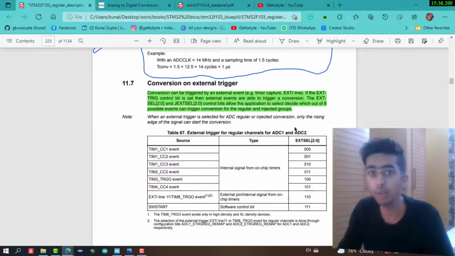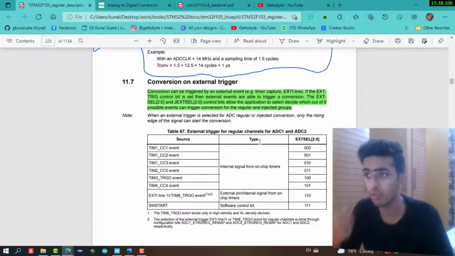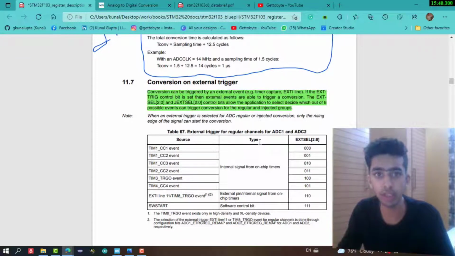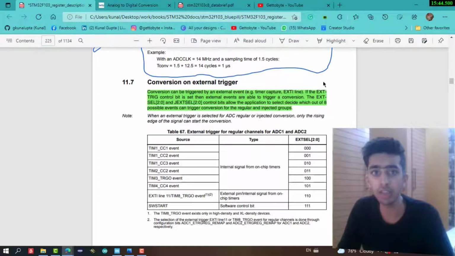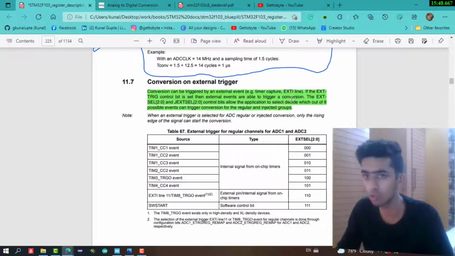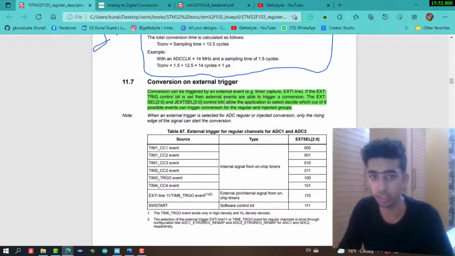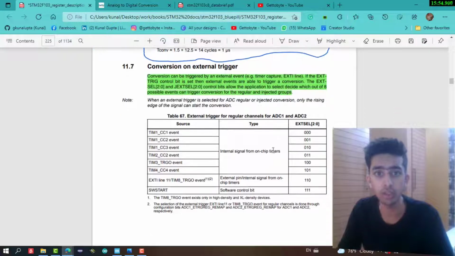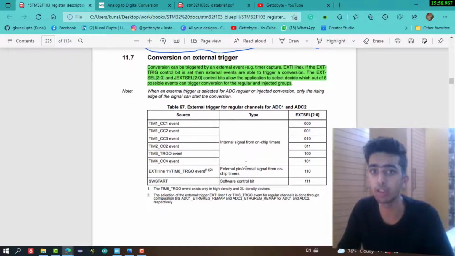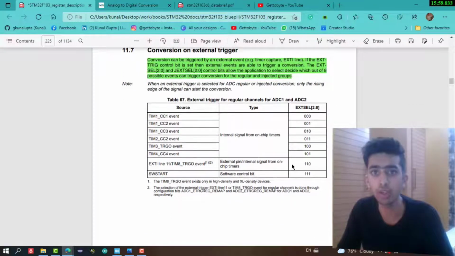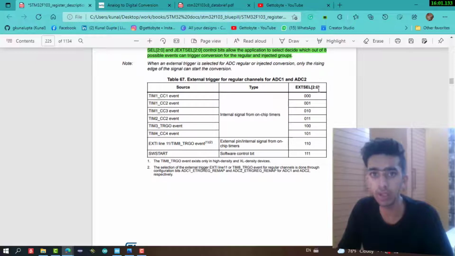Here we can choose an external trigger for the regular group or for the injected group. Conversions can be triggered by an external trigger. If the external control bit is set, then external events are able to trigger a conversion, on both the regular group and the injected group. These are all the trigger events we have. In the STM32F103 we have two ADCs present, ADC1 and ADC2.